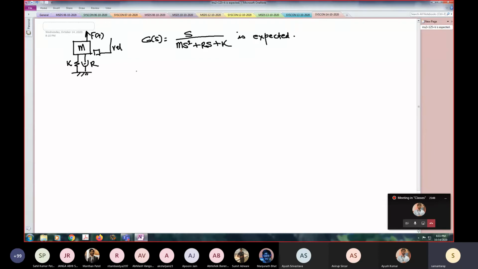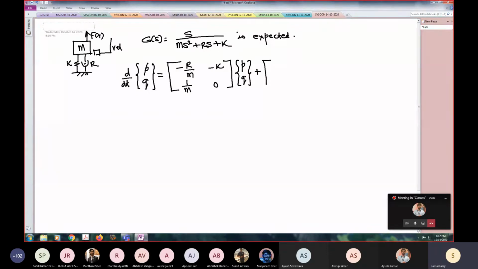If we write this model in state space form, then we will get p, one momentum, and q, one spring state. I am not assigning any subscript to p and q because there is only one momentum and one displacement state. So the A matrix will be minus r by m, minus k, 1 by m, 0. This is d by dt of p, q.